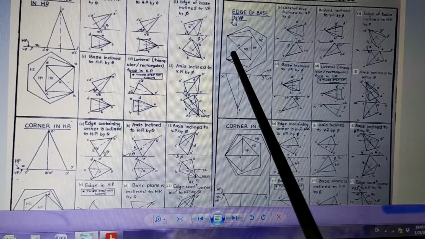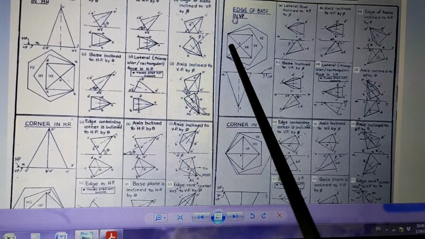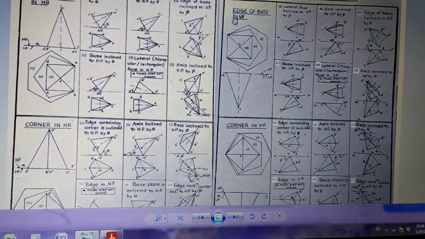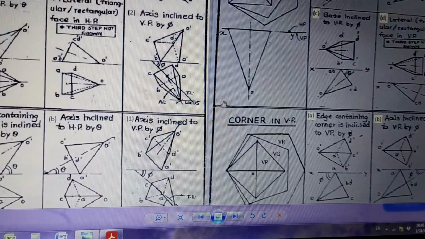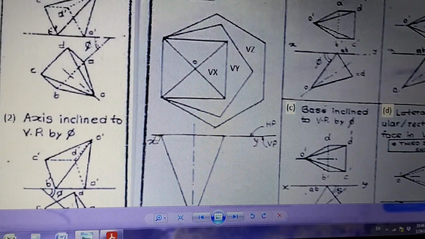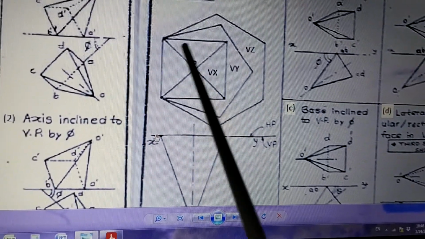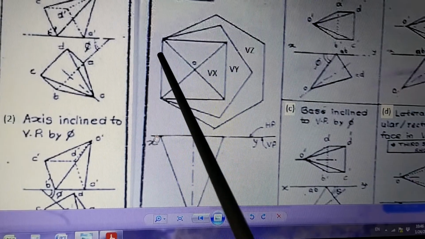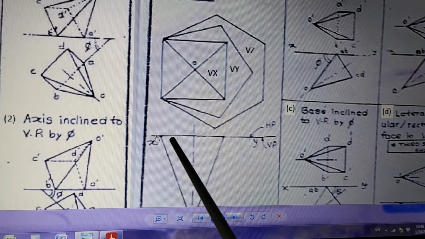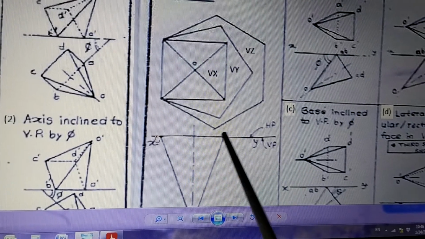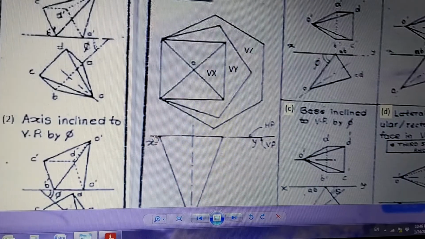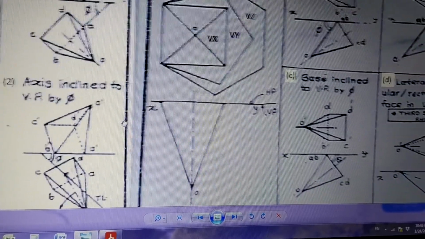The square shape, that is the base, is shown here. Now it is resting in VP. So you can see this is a line. I'll just take you close. See how it is drawn. This is the front view where it is resting in VP, and this is the top view where the base is touching the VP. It is shown like this. Base is touching the VP, and according to that the shape has come like this.